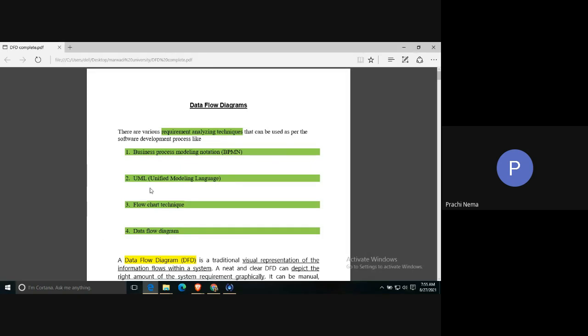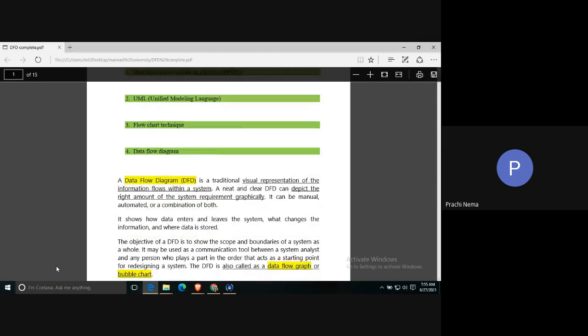So like you have drawn UML diagrams and flowcharts, in the same way, you need to draw DFD also. They are not that difficult, easy. All the diagrams which are there represent the same thing, that is the requirement gathered or any information of the system. But the difference lies in the notation. What symbols do you use? What are the rules for drawing that diagram? So all diagrams are different based on that thing. Okay?